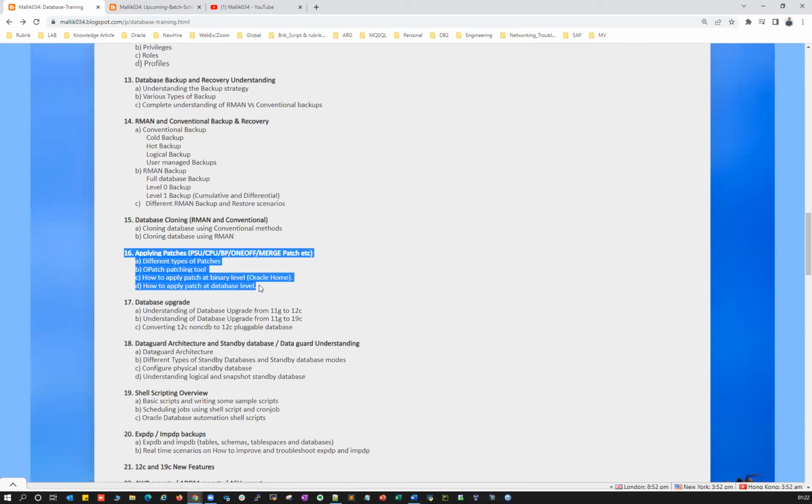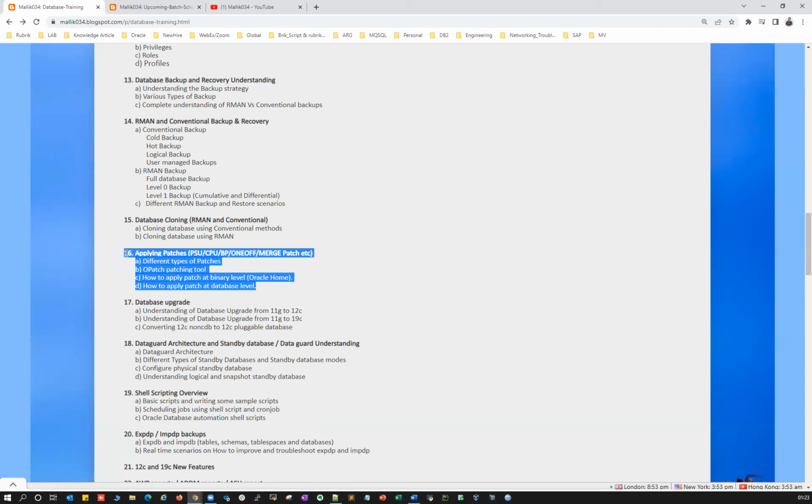And chapter number 16 is for patching, because patching is going to be one of the common exercises or activities for the DBAs. So Oracle releases patches on a quarterly basis, 4 times in a year: Jan, April, July, and October. So it is the best practice to patch our database homes, database environment, and keep them up to date with the latest security patch releases. We'll see what the different types of patches are and how we can apply them using OPatch or OPatch Auto, and then how we can apply on the grid binaries, Oracle binaries, and at the database